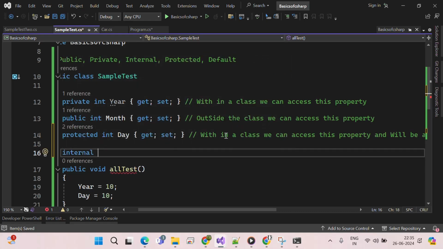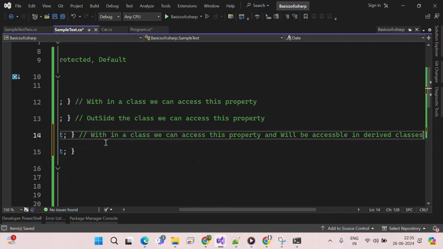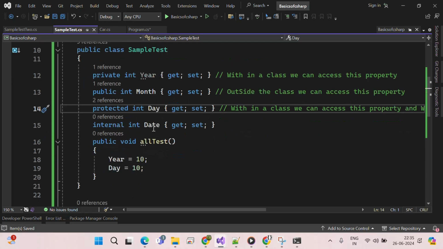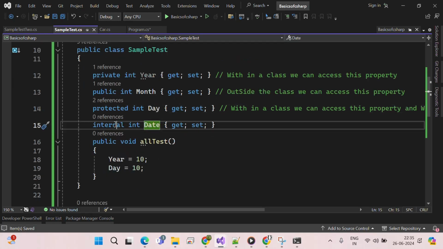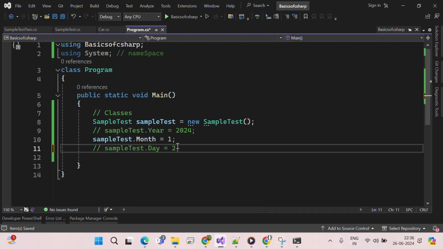I'm giving the internal modifier, and giving some other name like date. Okay, let's see. I'm able to access this using the internal access modifier, integer data type, and date is the variable. So let's say I'm trying to access this date variable in the program